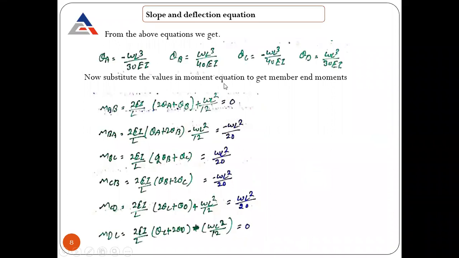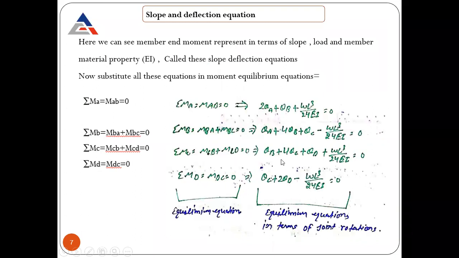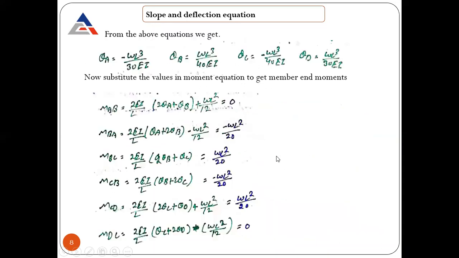Solving by the above equations. What was the equation that we just saw? These are the equations after solving. Fine. Just put MAB equal to 0 and solve this equation. This side it will come out to be negative. So 2 theta A is equal to negative WL cube by 24 minus theta B. From there, ultimately put it into the other equation, and you will get these values.